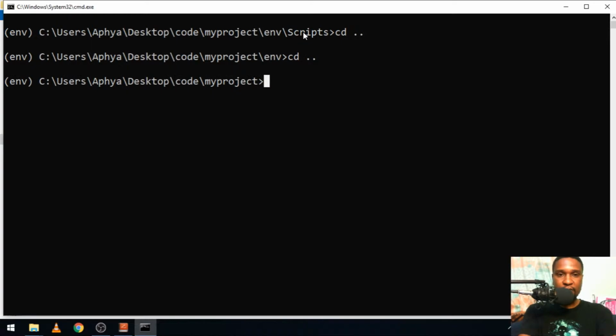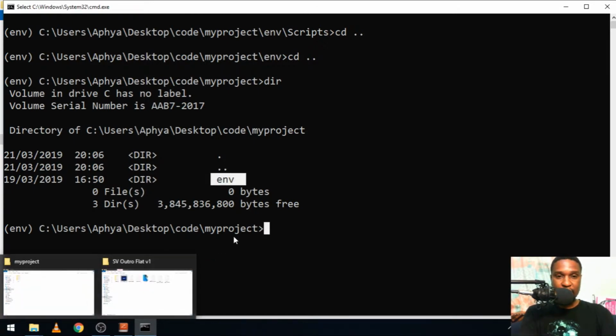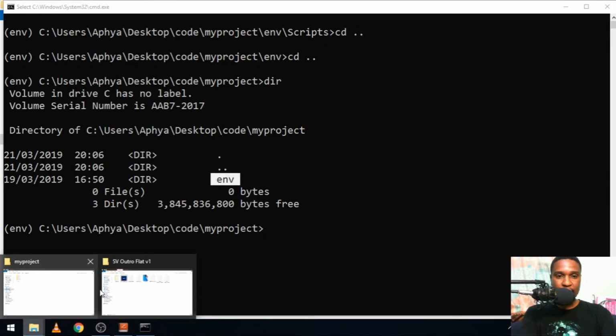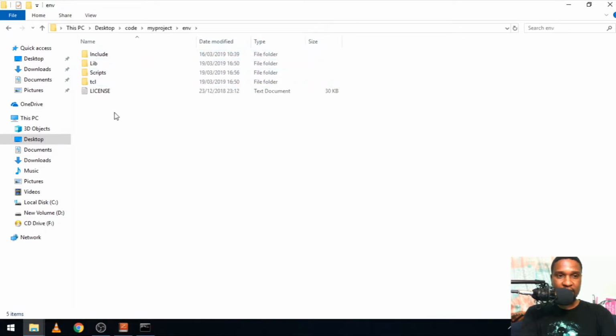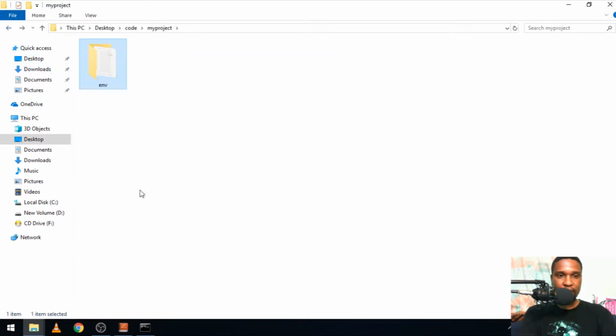So go back to the project. Now notice that we don't have any project here, it's only the env folder. The env folder is just the Python environment. This is just Python code, we don't tamper with it. Okay,